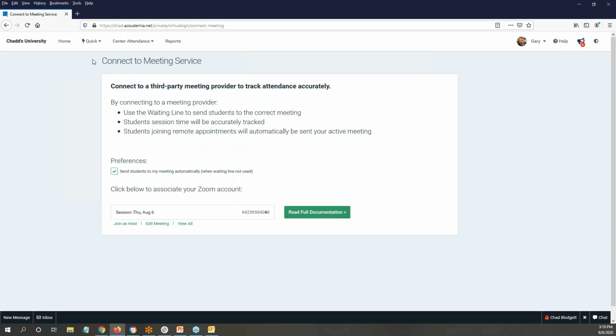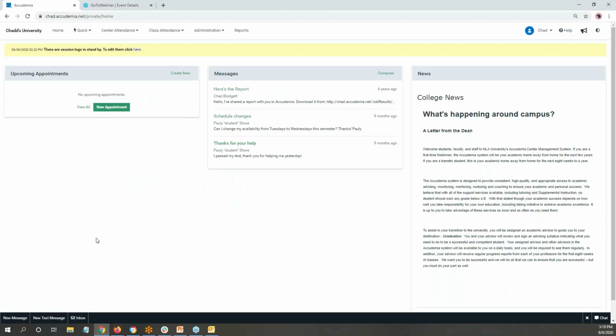So if a student makes an appointment with this tutor right now, we're going to know the exact sign-in and sign-out time when that student went to their sessions. Okay. So I want to show that first, but now we're going to get into the setup of how we set up those appointments. First thing I want to show back on the administration side is